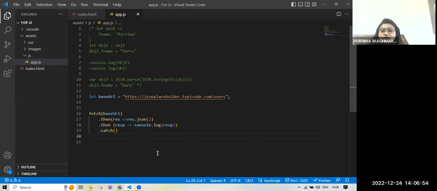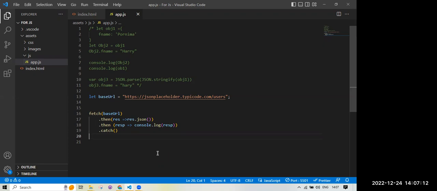In that we have ngIf, ngFor, and ngSwitch. The third one is the component directive, in which we have a template where we write HTML code.